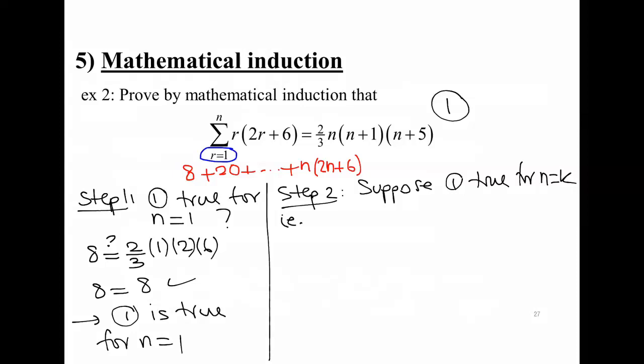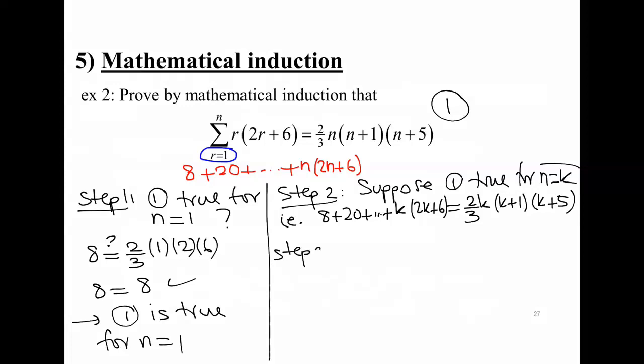That means that 8 plus 20 all the way to k into 2k plus 6, we're just replacing n by k here, is equal to 2/3 of k into k plus 1 into k plus 5. So I do have this true, and I want to use this to prove that the statement